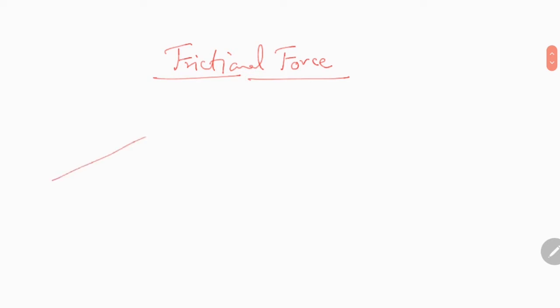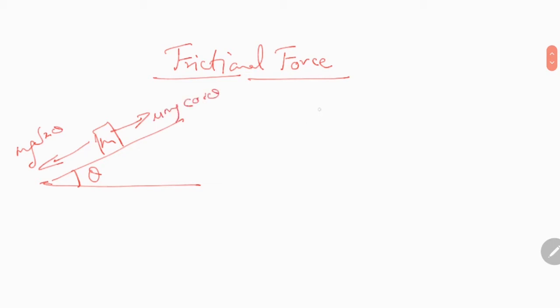So we basically discussed the motion of a body along an inclined plane. If this was m, we proved that there are two components. This is a quick recap. This is mg sine theta, and this is mu mg cos theta, and we found out that mu is equal to tan theta. For those of you who have not seen my last class, I suggest you please go to it so that you'll understand how we derived this.